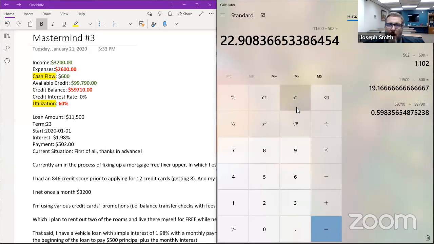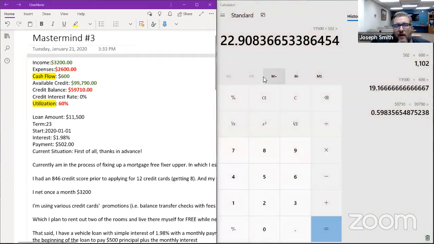Okay. Yeah, I mean, I think that if you applied it there, you could pay it down. But with $600 of cash flow, you're going to shave 3 months off of this loan. But in exchange, you're going to grow your cash flow now almost double your cash flow. So that's good. All right, let's see what's coming in on the chat.